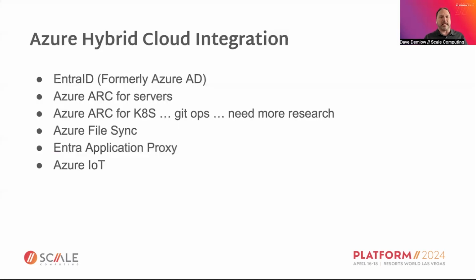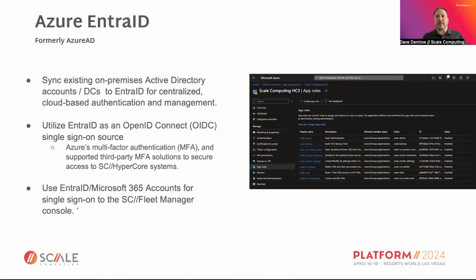So we'll walk through some of the key services. Basically they fall into authentication and identity, remote management, Azure Arc, we'll talk about how that works, storage, and application access. Then, as with most cloud providers, a lot of these hybrid cloud applications tend to be in the IoT space, where you may have on-premises data collection, doing local analytics, and sending data up to a data lake for centralized processing. So let's jump in